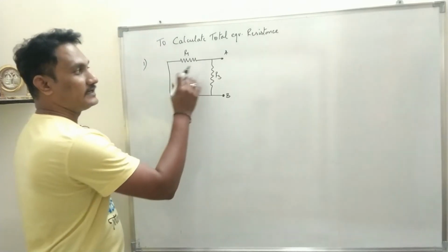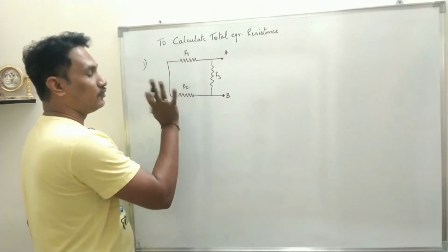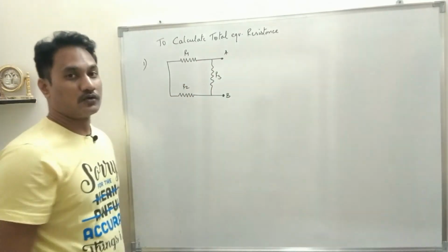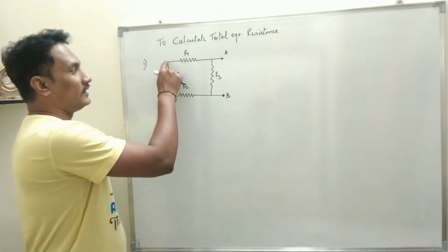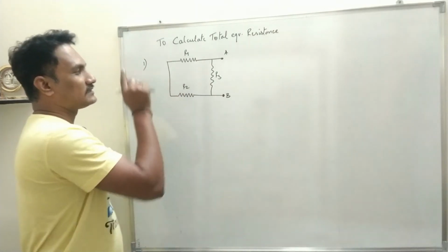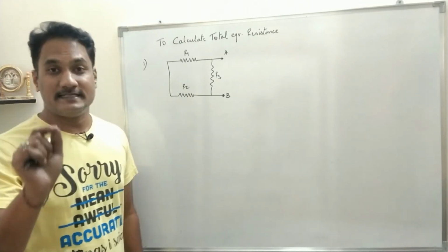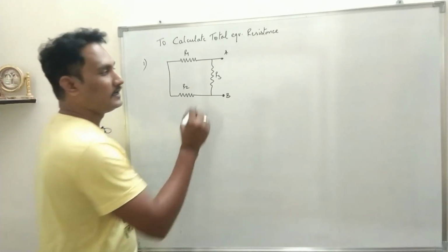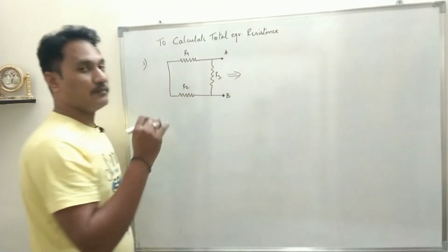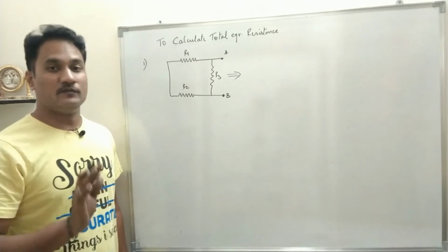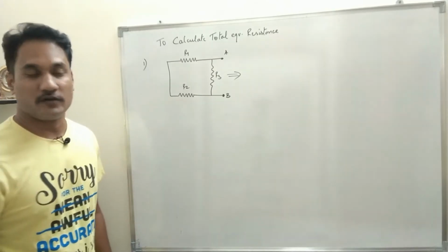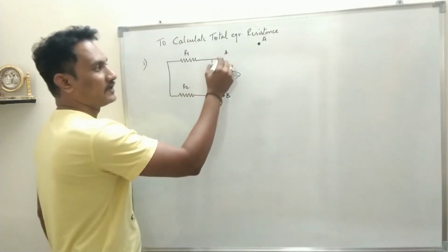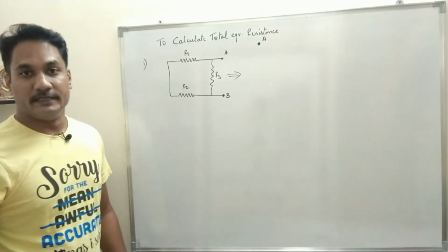Whenever such a type of circuit is given, see, in this circuit I have shorted the voltage source. I will not connect the voltage source whenever we are calculating total equivalent resistance. So instead of the voltage source, we will just draw a straight line. Now the easier method of identifying whether the resistances are in series or parallel is to draw a simplified diagram. Every time you solve this circuit, you have to draw the simplified diagram. The simplified diagram will start from terminal A. We'll go from A to B.